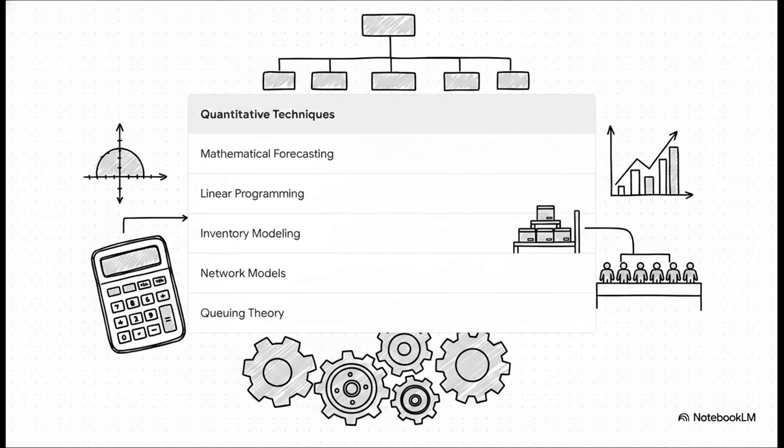And this isn't just abstract math for the sake of math. For example, queuing theory is the highly practical formula used to figure out exactly how many tellers a bank needs on a busy Friday afternoon to keep lines moving efficiently without overpaying for idle staff. Math powerfully re-entered the management equation to optimize how businesses function in the real world.